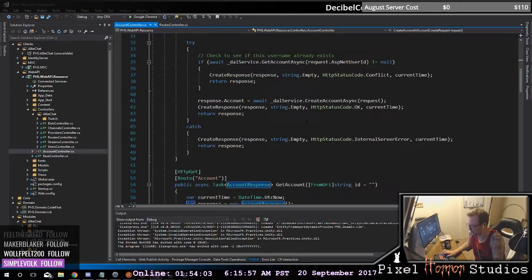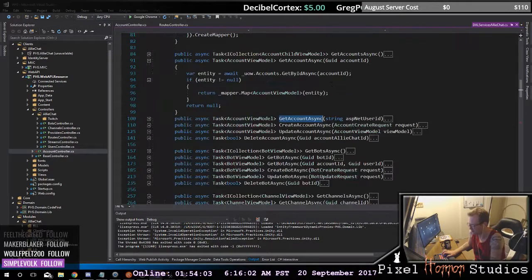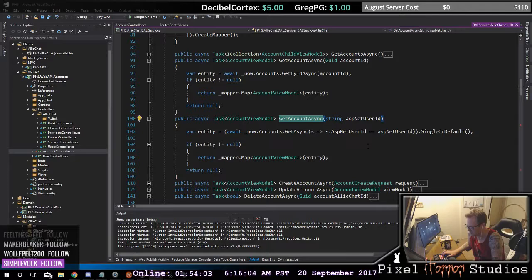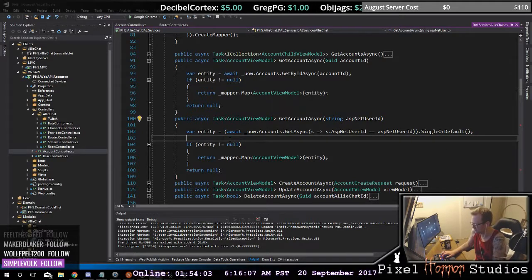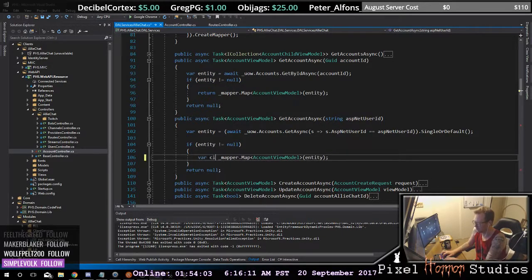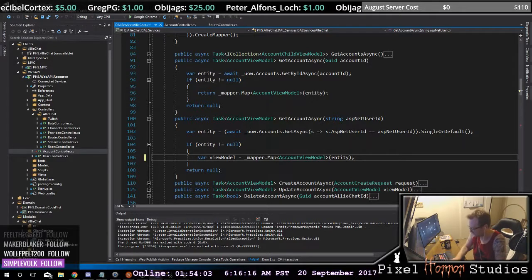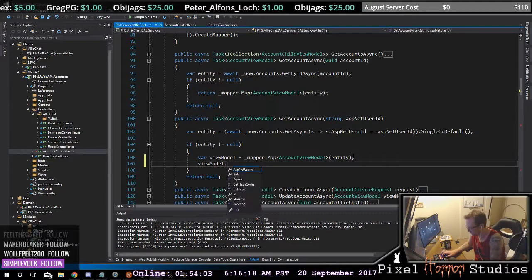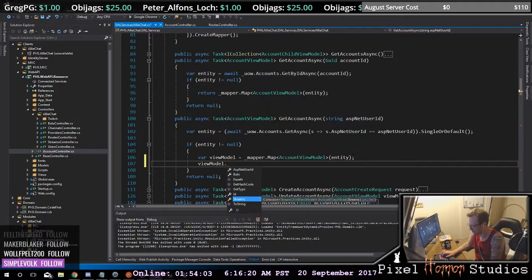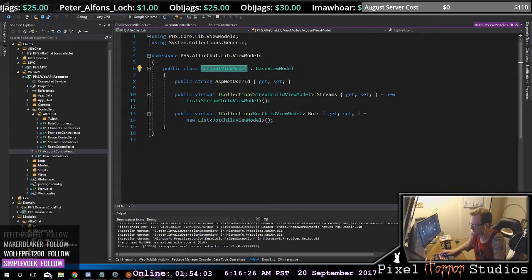And so now when you are creating this Get account, and you're doing this Get, now here you're going to do your var view model equals this. So that way here you can add in your this has a number of different streams in the account view model, but in your account child view model,